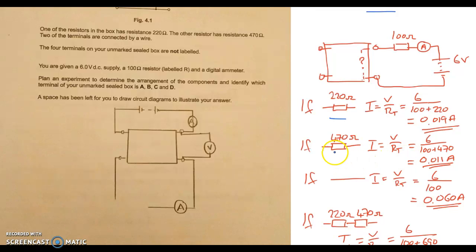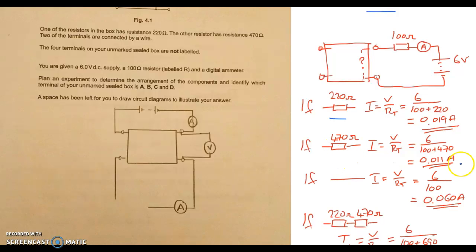If we instead have 470 ohms between the two terminals, then we'll get a different current. So the current will be the voltage over the total resistance in the circuit. So it's going to be 6 volts divided by our 100 plus the 470 and gets us 0.011 amps. Okay, so if we see this reading on our ammeter, we know that we have the 470 ohm